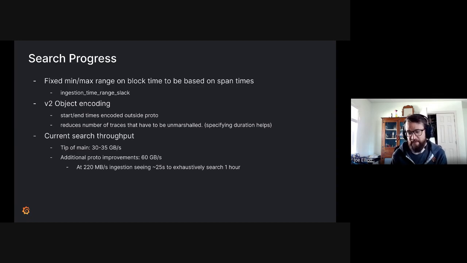Also, we use that start and end time for duration. So if you have a duration in mind and you specify that in your search, we can skip quite a few traces as well. If you say something like 1 to 2 seconds, anything under 1 second won't even be unmarshaled. And our current throughput at tip of main with all these improvements is about 30 to 35